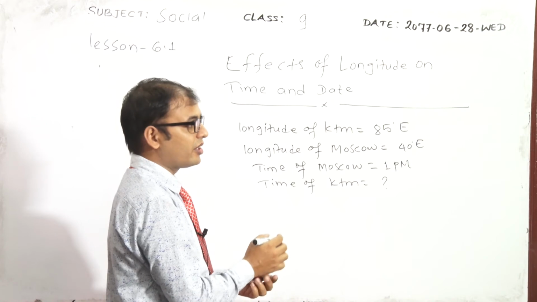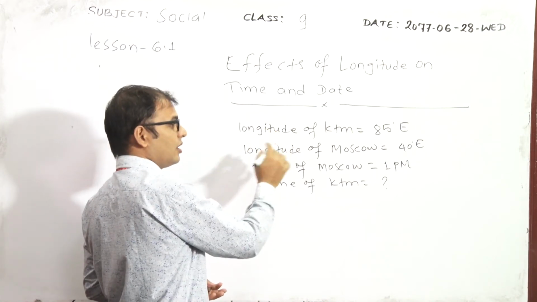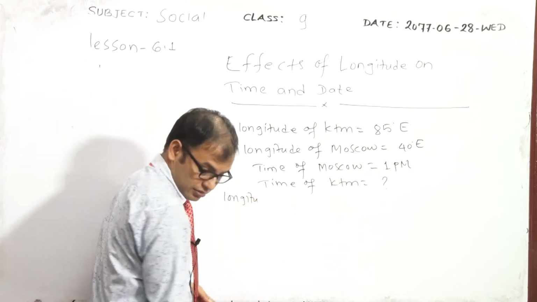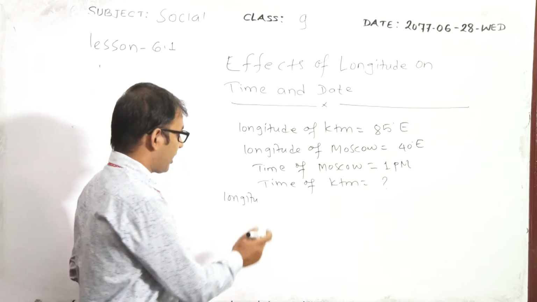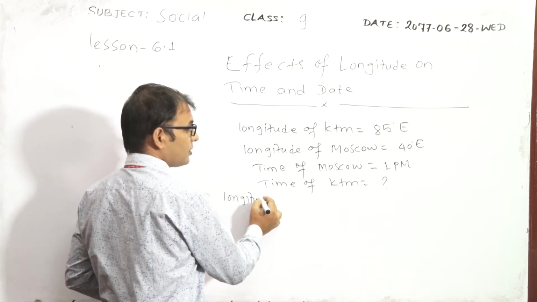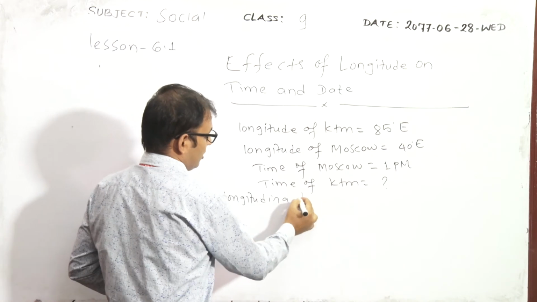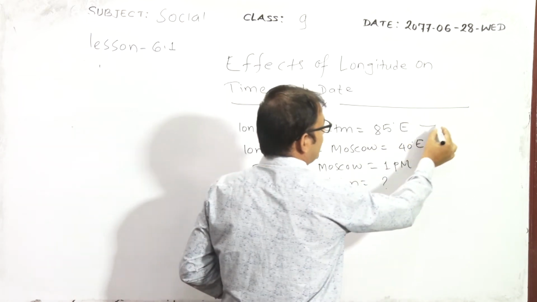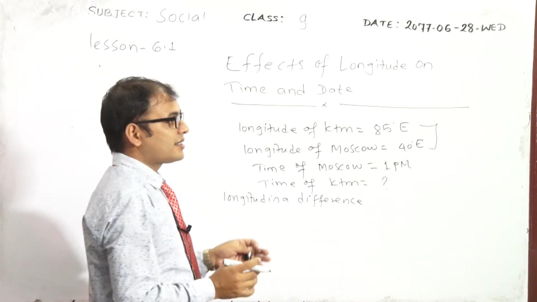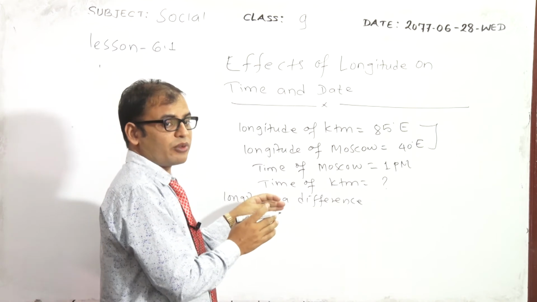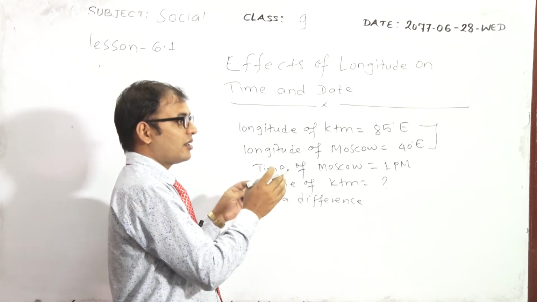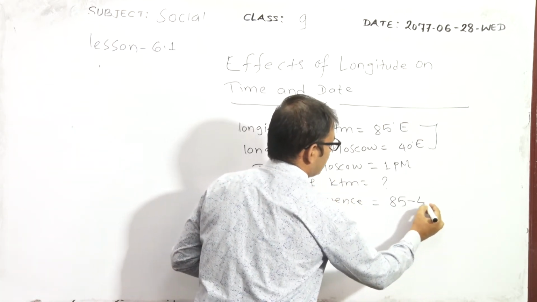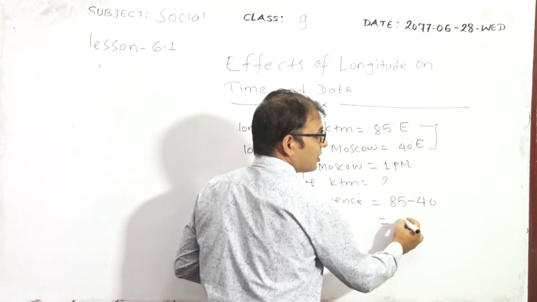I have already told you in the rules. First of all, we have to take out the longitudinal difference. As these two places are in the same direction, we have to subtract the smaller from the bigger, 85 minus 40. So, it becomes